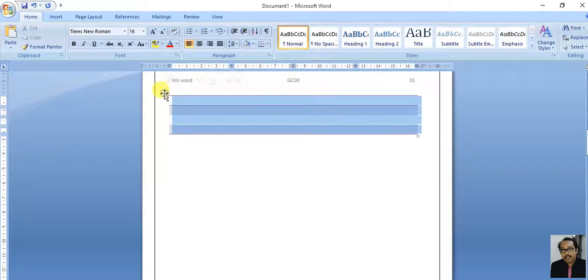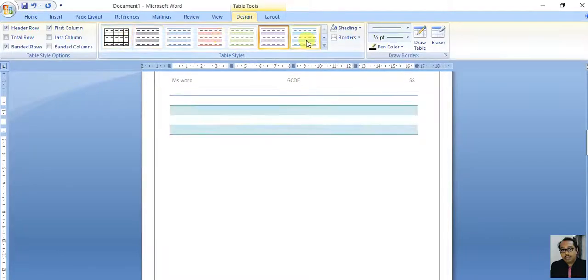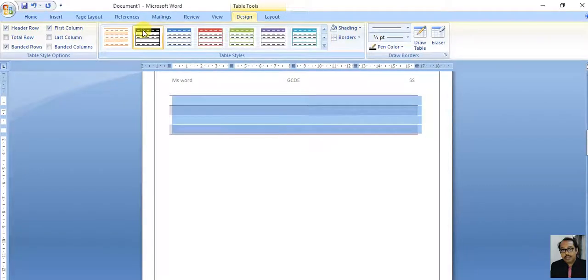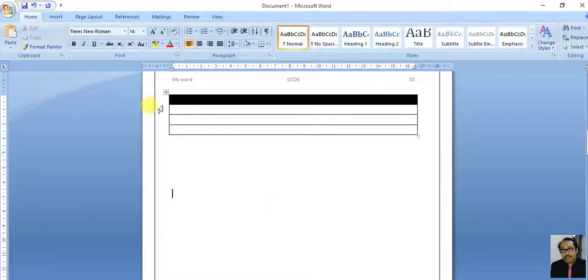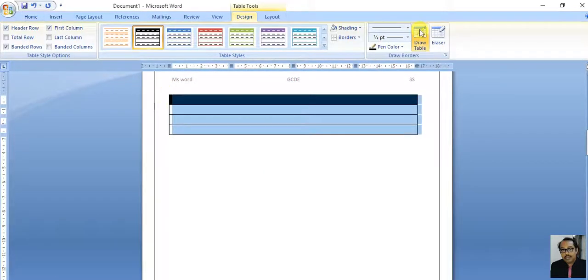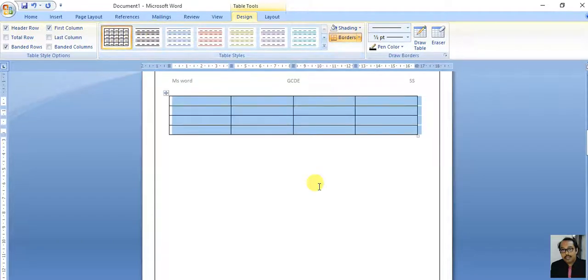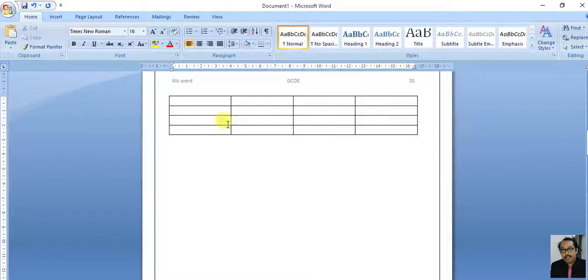Select this, another table style, this one, correct? But I am comfortable with the first one. Okay.